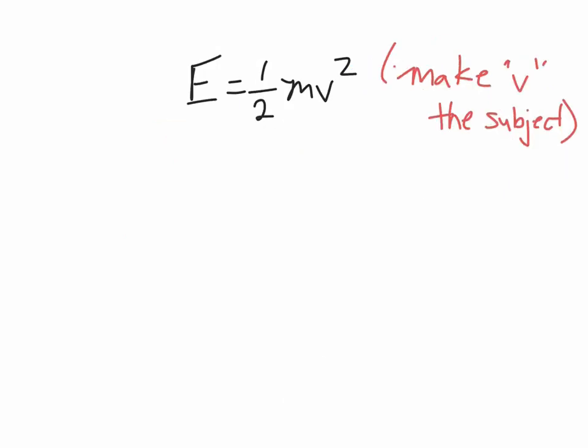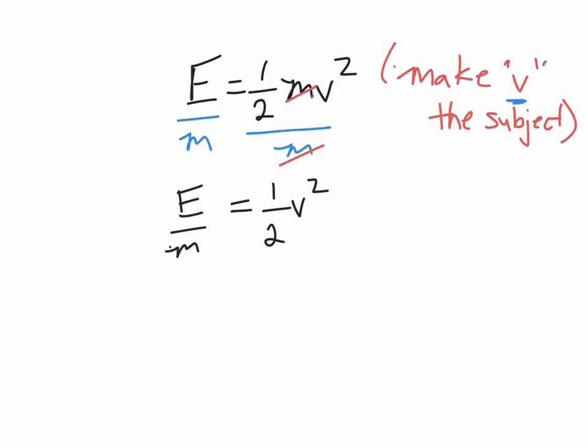Round 2. This time we're going to make V, or velocity, the subject. Similar idea, I'm going to start by getting velocity by itself. Because the operation between velocity and mass is multiplication, I'm going to divide this side by mass, and divide this side by mass. My masses cancel out, leaving me with 1/2 V squared, sorry, that was my stomach, I'm a little hungry,